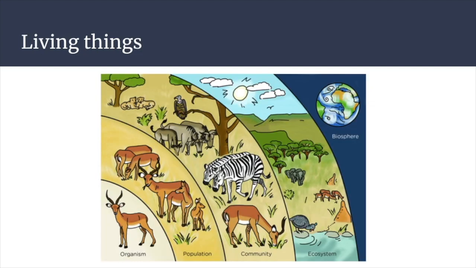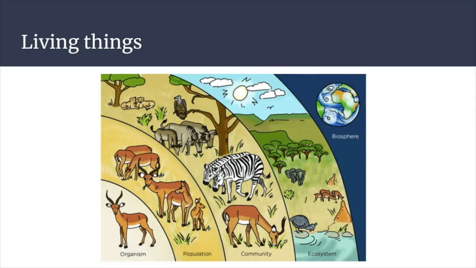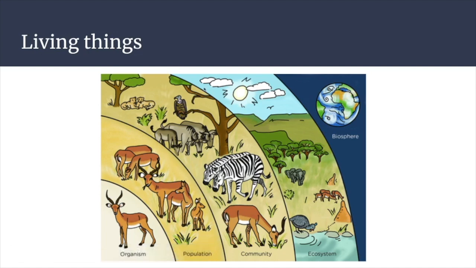This is a good one too. I like this one a bit better because it doesn't actually show you any non-living things, although I'm sure there's soil underneath that grass, right? So we go from organism, one antelope, to population. Notice how it's all antelopes, if you ignore the grass, which shouldn't be there. Community: now we have multiple organisms, including the trees and the grass and all that. That's a community, living things interacting.